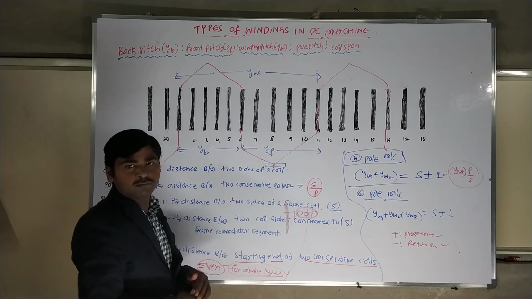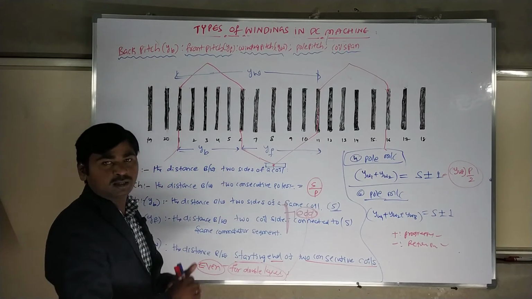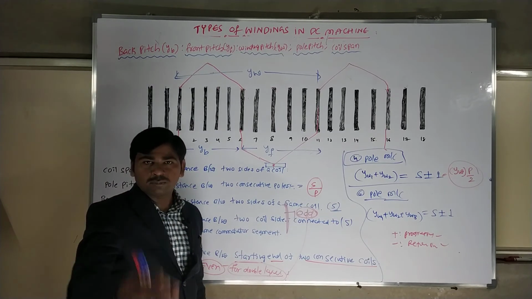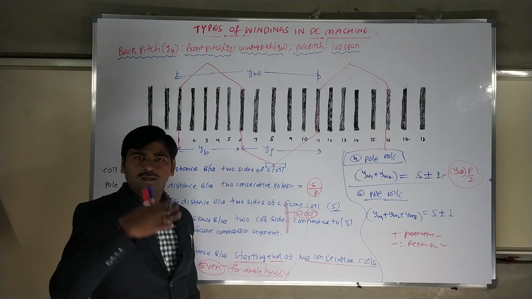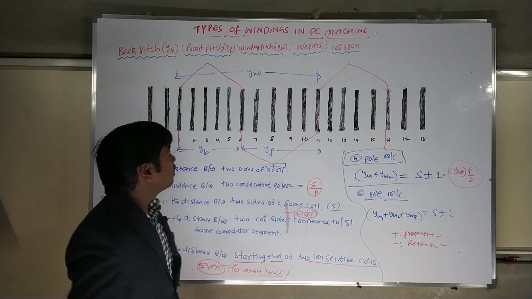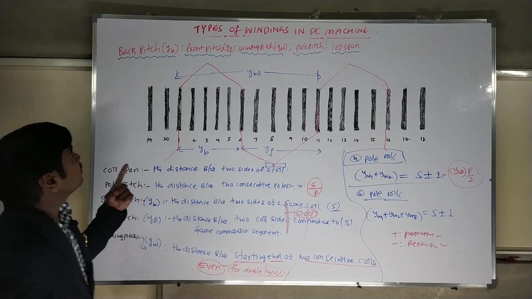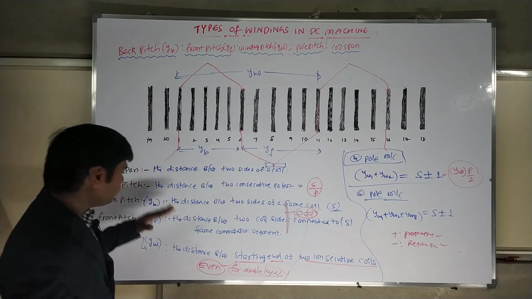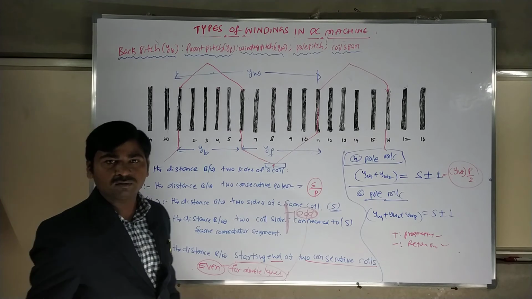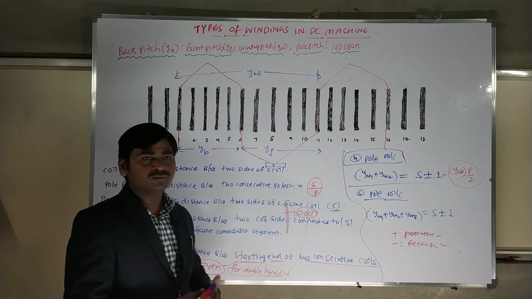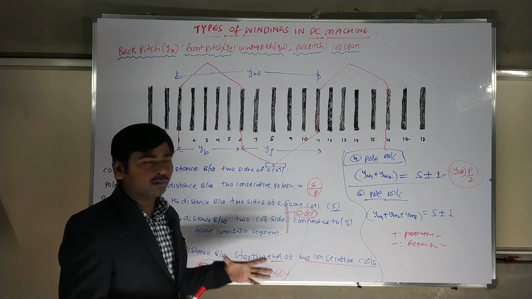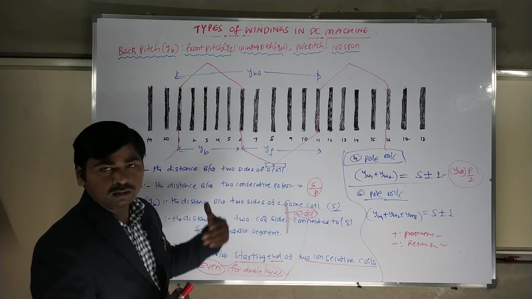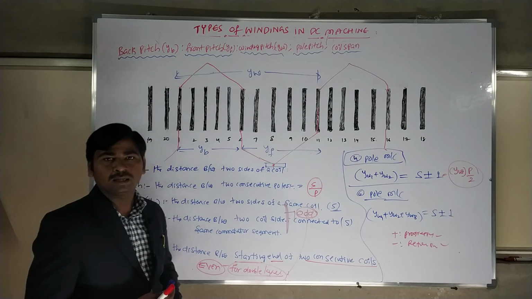That is the upcoming level, let's go for in-depth analysis. This is a simplex winding I have drawn. What is a simplex winding? Again, I have a separate video on simplex, duplex, multiplex, please watch and you can understand very clearly. I hope the basics are explained: back pitch, front pitch, winding pitch, pole pitch, and coil span. These are important points when you go for winding designs. In the next classes we'll discuss lap and wave windings by taking one problem. I'll draw the windings, and you can easily understand.